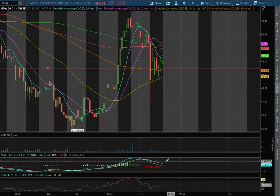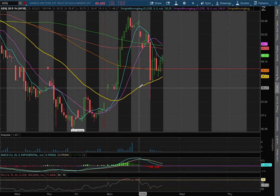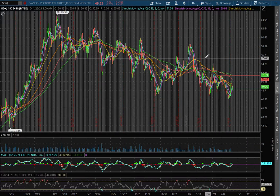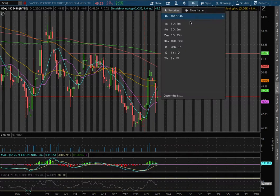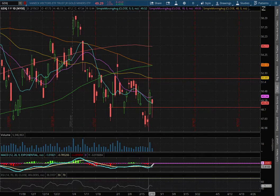We still remain in positive MACD, but we're approaching negative MACD territory. We're resting right along the 50 moving average, this yellow line, at the price of $48.63. With the 4-hour chart, we are about to approach positive MACD. As we extend out once more onto the daily chart, we still remain in negative MACD, seeing signs of a